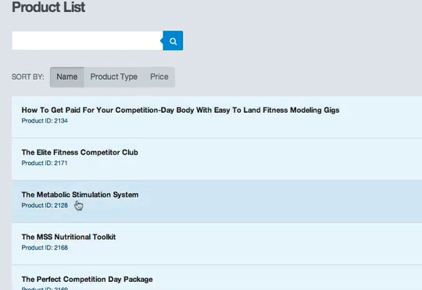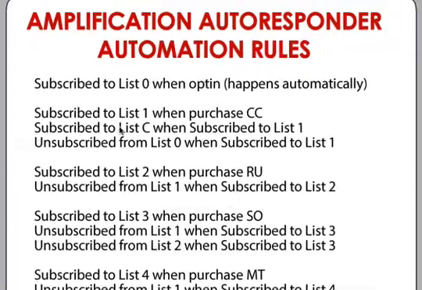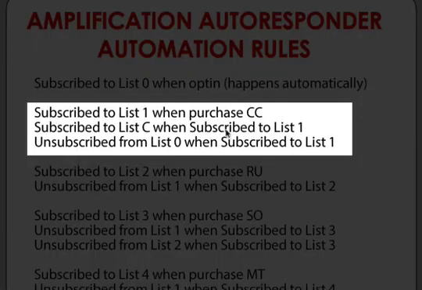So we've got the main metabolic stimulation system, the reverse add-on, the soft offer, the mid-tier offer, and then the thank you page gift offer. So if we go to the metabolic stimulation system, which again is our customer captivation offer,